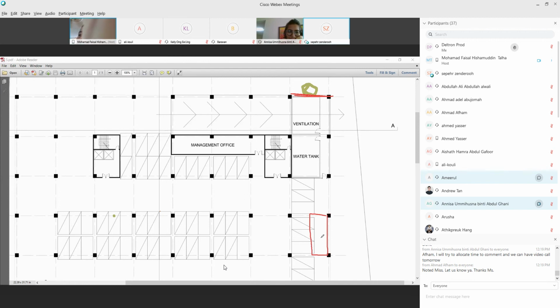We can only use it until here, half of this. So this one can be the ventilator room. Inside the ventilator room here, you can have the exhaust port, where the air can go up all the way without interruption.